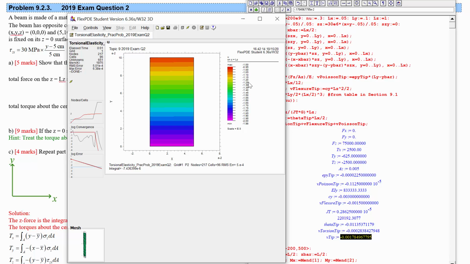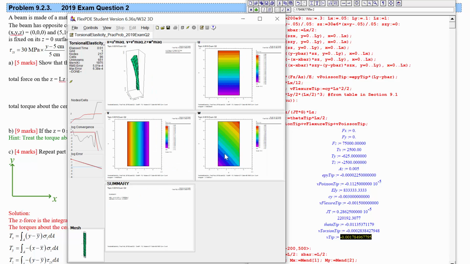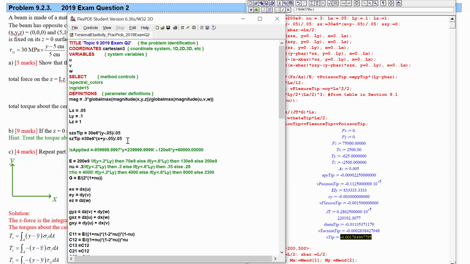Once again, there's a bit of an offset to that. It's not centered around 0, and that part is because of the flexure. Flexure coming from the x and y dependence of SZ. So specifically the x dependence of that is the one that is giving us a moment about y, which is for bending in x, and the y dependence of that is the one that's giving us a moment about x